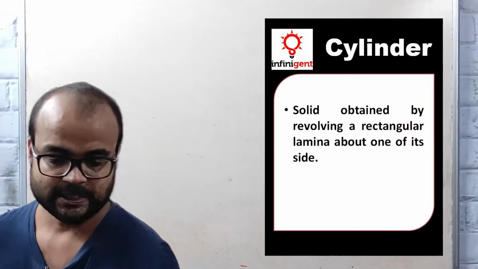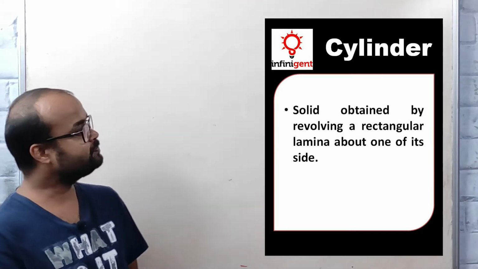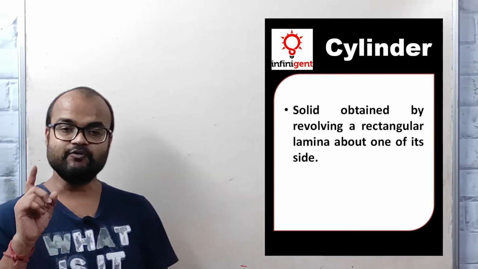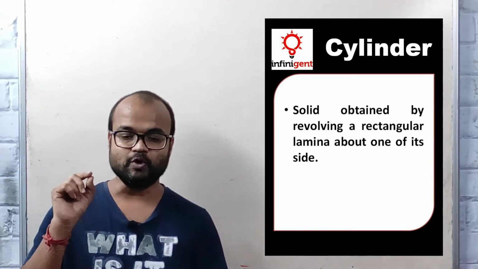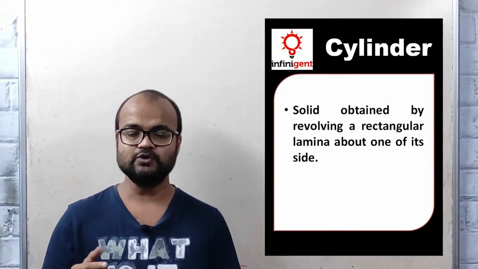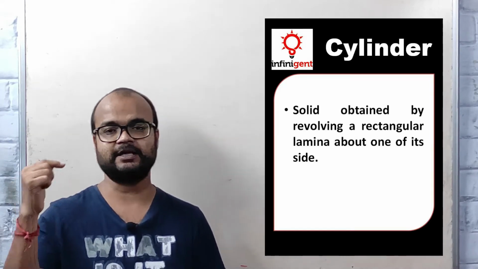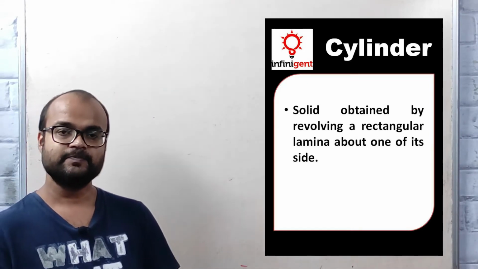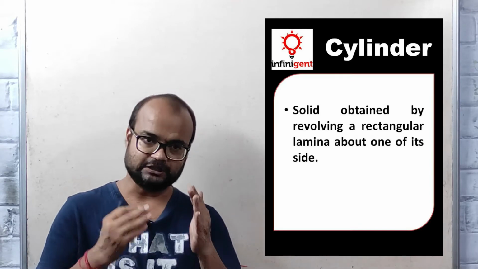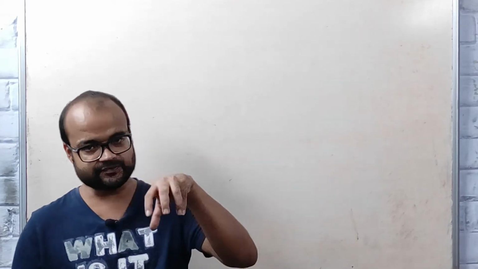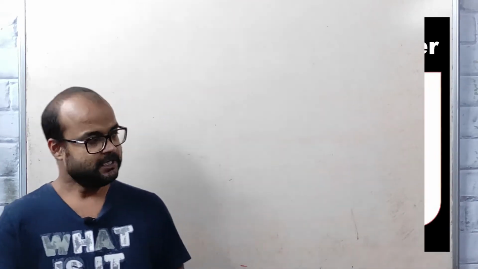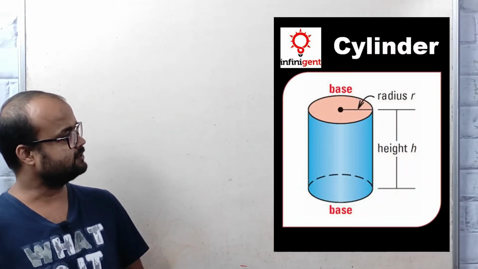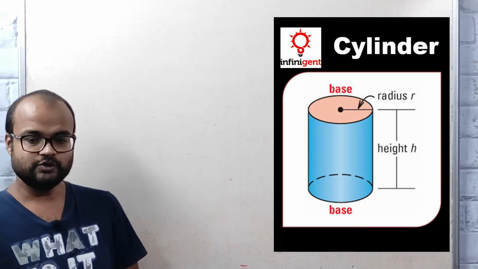So what is a cylinder? A solid obtained by revolving a rectangular lamina about one of its sides, either length or breadth. If you rotate a rectangular piece of paper or rectangle along its length or its breadth, the surface generated is called a cylinder. Now if you look at the diagram given here,